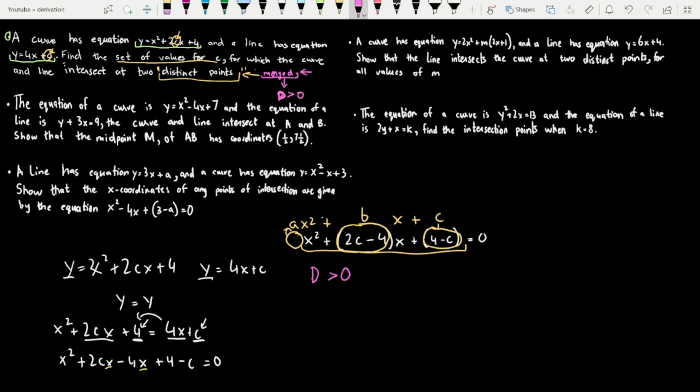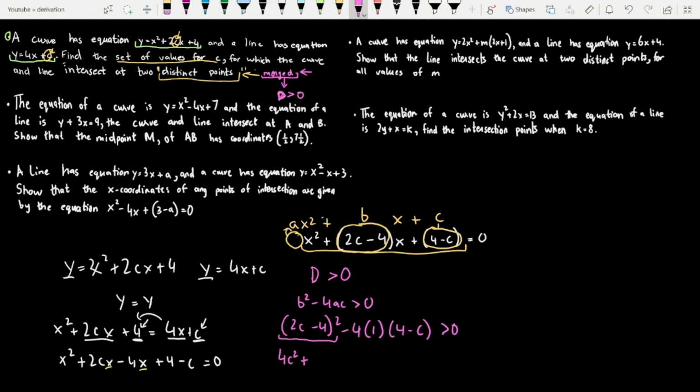So the discriminant is basically b squared minus 4ac, and we need to put that greater than 0. So b squared is going to be (2c minus 4) squared minus 4 times 1 times (4 minus c), and this is greater than 0. So I can apply the identity over here, which is basically (a minus b) whole squared, and so that is just going to be a squared